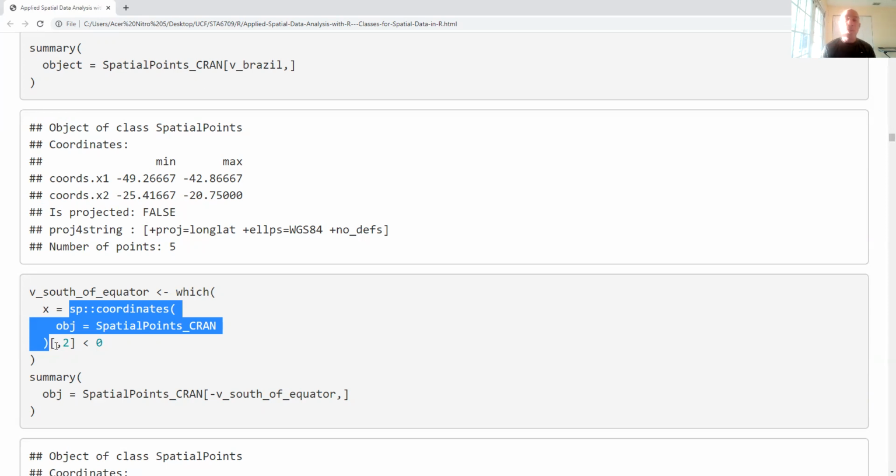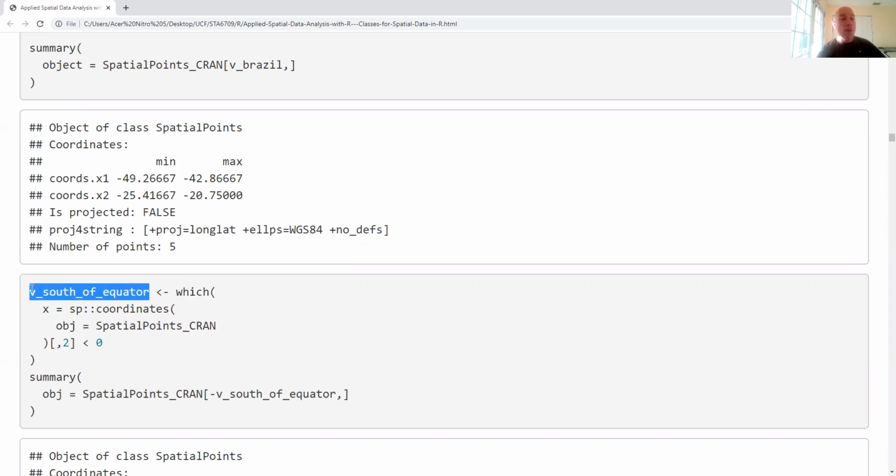All right, so that's going to specify my position north-south, and I want to be in the southern hemisphere, so I'm going to go less than 0. And so the which statement gives me that. So here, this will give me all the rows that are south of the equator. I store it in a vector,